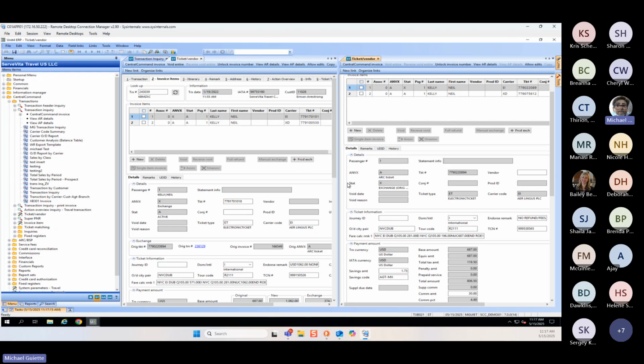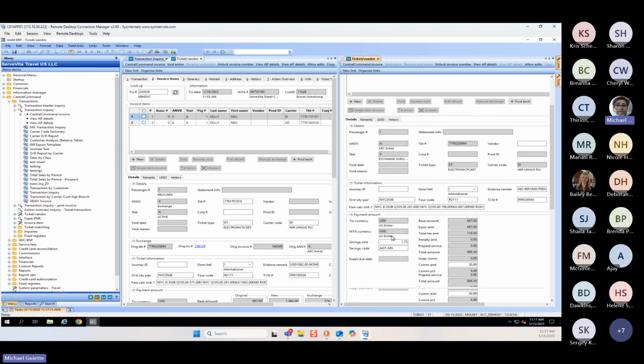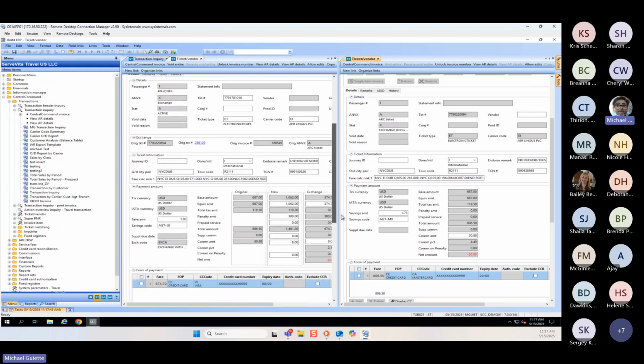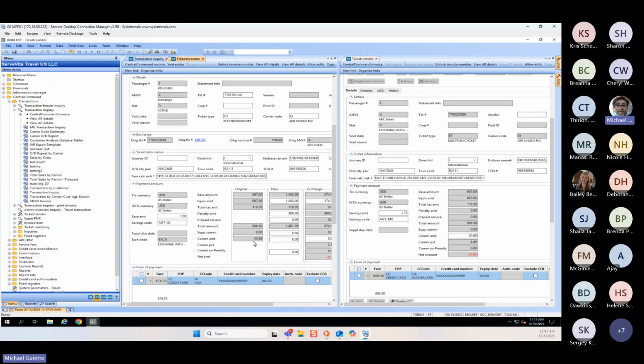You can see the status is X. It means it has been exchanged for something else. These are the values of that original transaction. So if we scroll down, we can see that these original values are going to match the original values on that original ticket. It's not a calculated value anymore on this exchange screen, which gives us the ability to